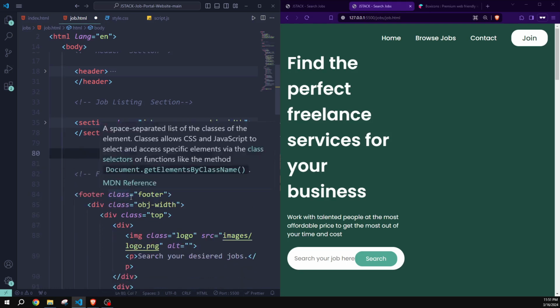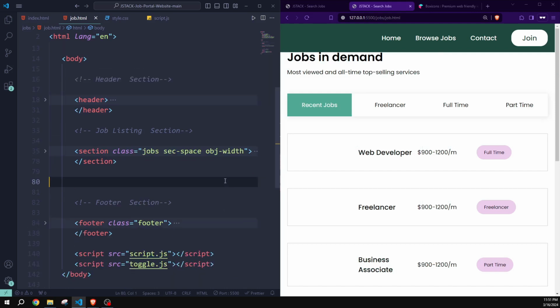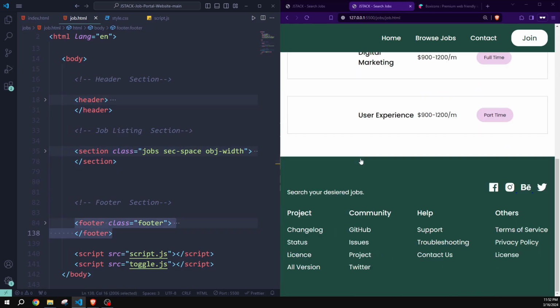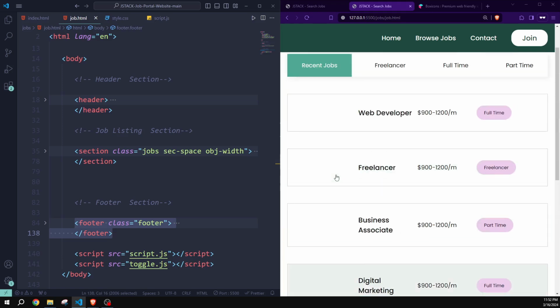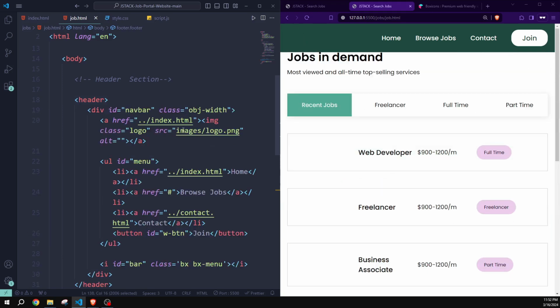That's it. Now save. And here you can see that right now we have only 3 components inside our website, which is our header, our job listing section, and our footer section. And now here you can see that we have this logo missing. It is because our logo is actually outside of this job folder. So that's why here we have to use ../